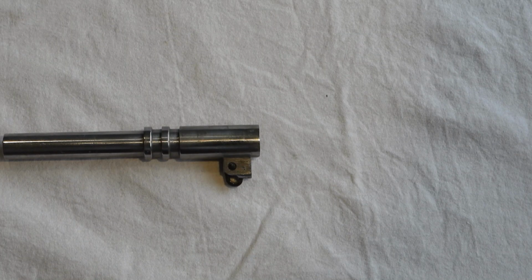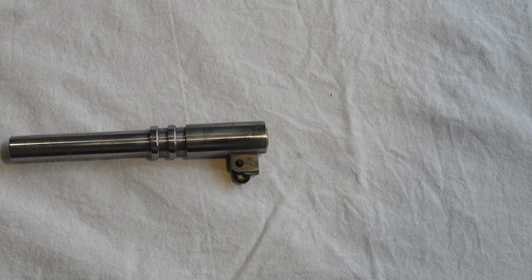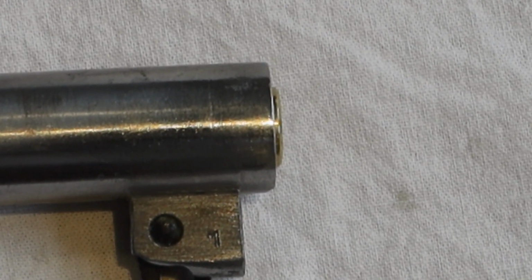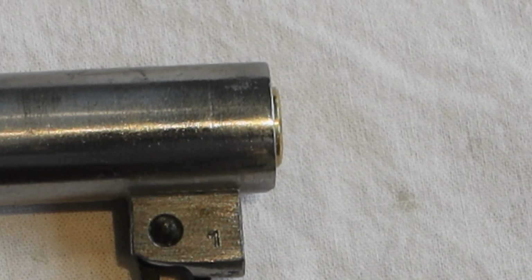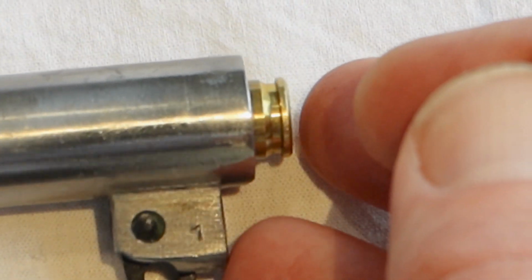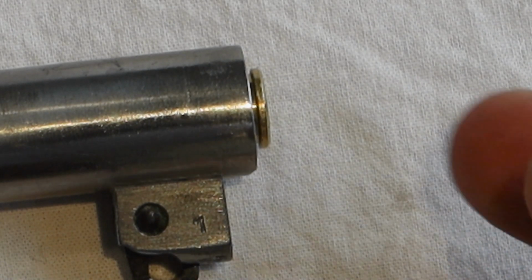But if you own a Tokarev pistol, then your life becomes much easier, because it's a Browning type gun with a separate barrel, which I have here. Put the cartridge in, like so. There are many things that you can observe here, but I'll give you one tip. When you look at the barrel from the side, the rim of the cartridge, and only the rim, should be visible and above the surface. If you can see the extractor groove, that is, if it looks something like this, then you have too much headspace. So